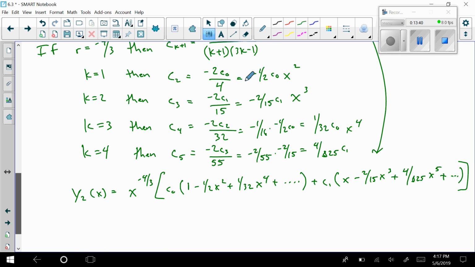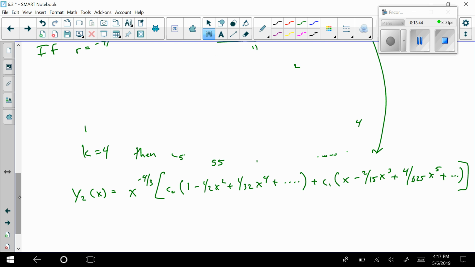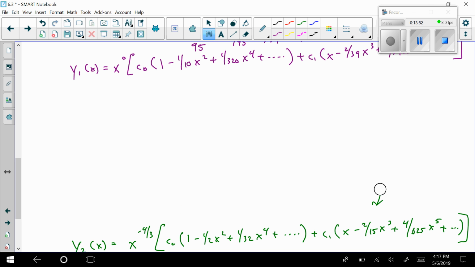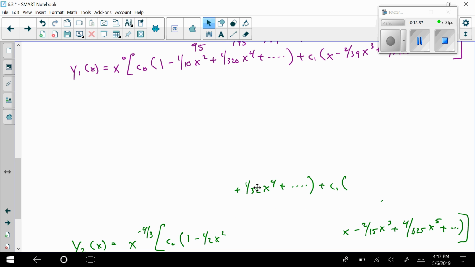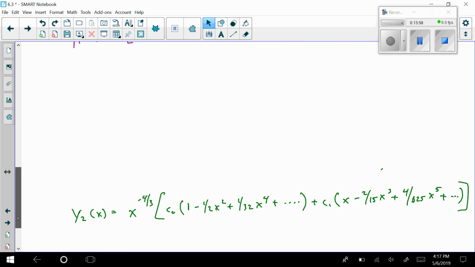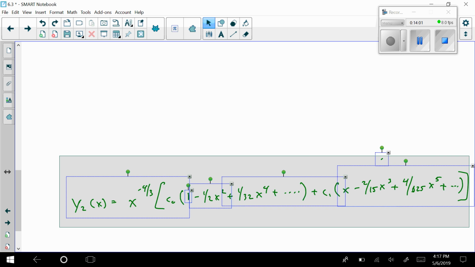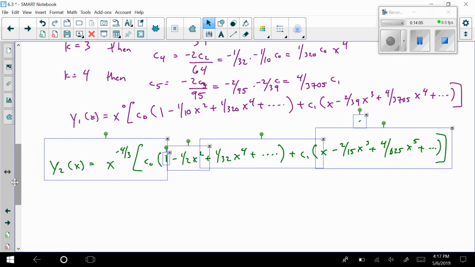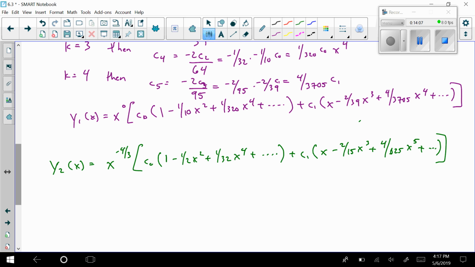Maybe I'll do this so I can actually see my work. Okay. So if I'm going to try to write these out as one giant solution here,